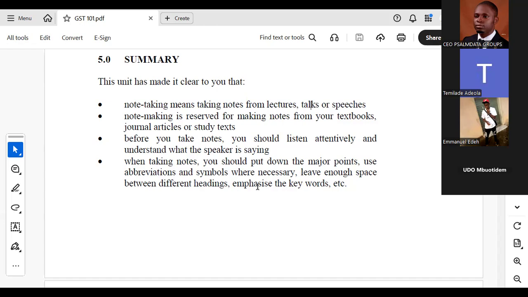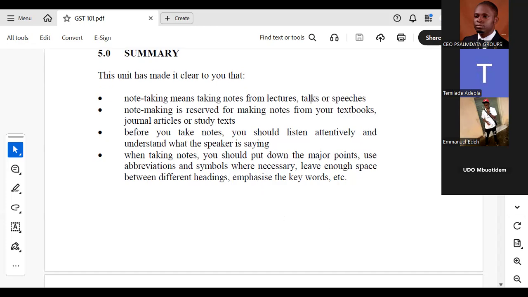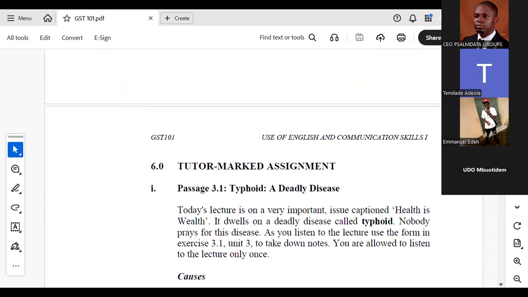There are some things you do when you are taking notes from someone's speech, and the person mentions something very vital in the body of the speech. You may decide to write that whole part in capital letters. It's not because it's a heading. You can even put it in quotation marks to show that this thing is very, very vital to this topic that we're talking about. Some of you will shade it very well. After writing it, you will write over it a second time to make it bold in the body of the note. So you should emphasize key points. And I think that is all for